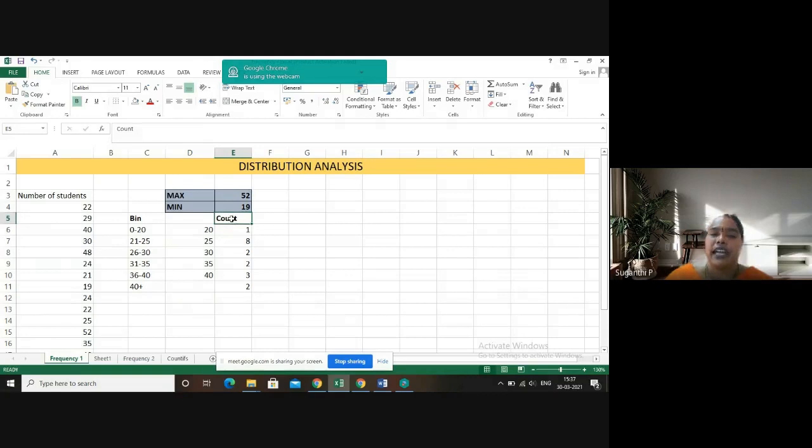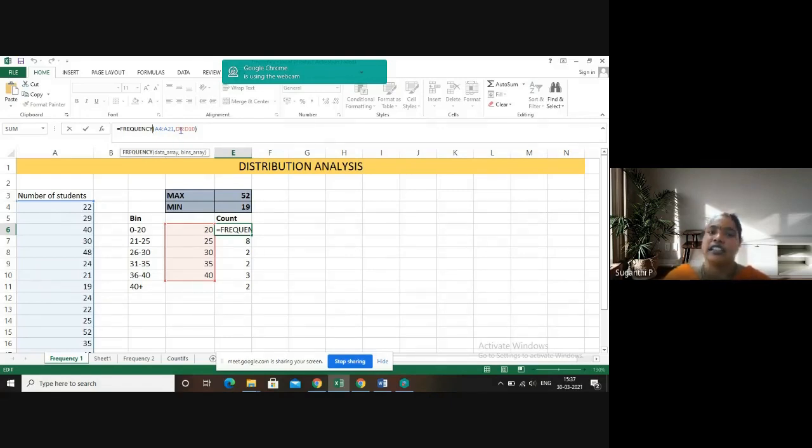After that, you have to calculate the count: from 0 to 20, how many values are lying, because based on that count only the distribution will be performed in Excel. Here, from 0 to 20, the upper limit is 20. So how many values are lying? For that, we can make use of the frequency function available with MS Excel. I'm going to type equal to and then type frequency. Frequency is the function name here, the keyword, and then give the data array and bin array.